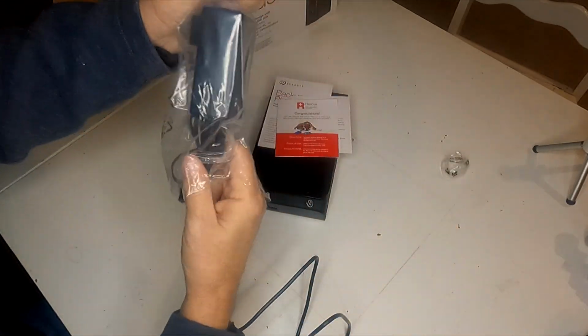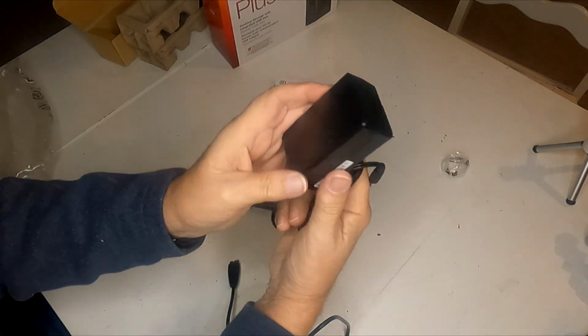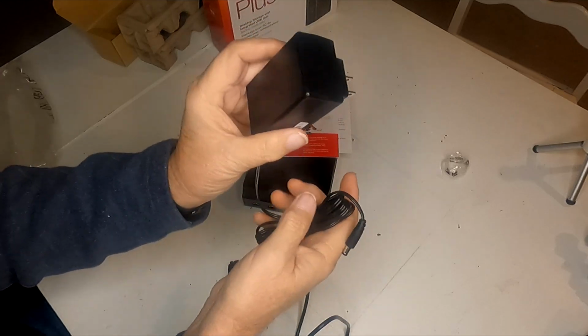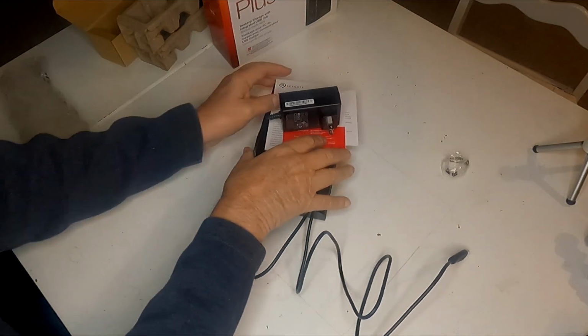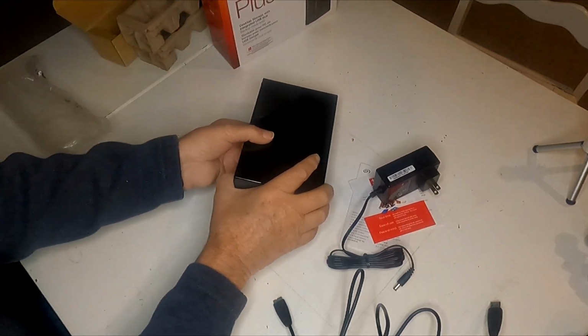So just a power cord, nothing special. It has the United States adapter to it, and this is where we show you plugged in. So that's everything that's in the box. Again, I can only tell you that this is a really heavy